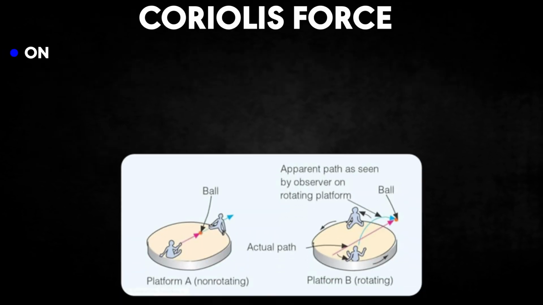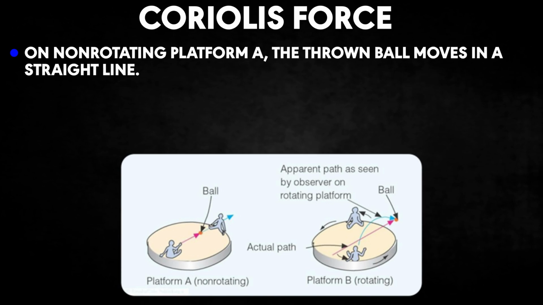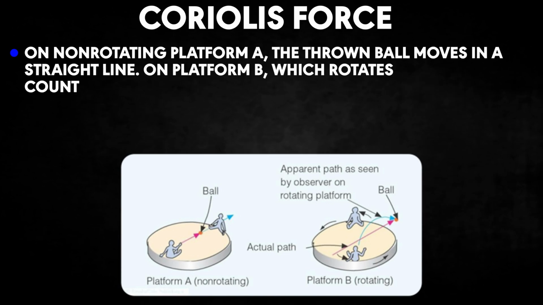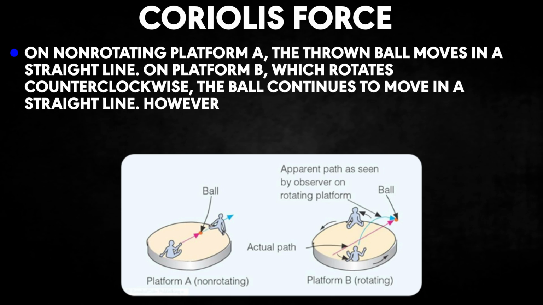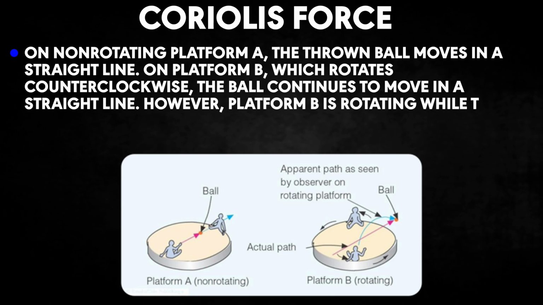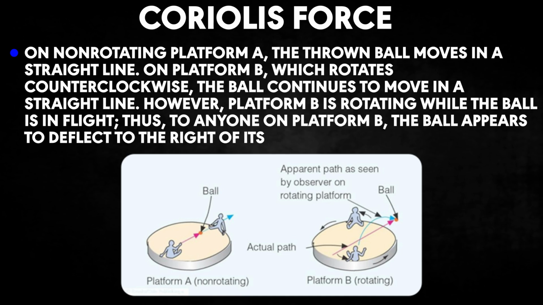Coriolis force on a non-rotating platform. The thrown ball moves in a straight line. On platform B, which rotates counterclockwise, the ball continues to move in a straight line. However, platform B is rotating while the ball is in flight. Thus, to anyone on platform B, the ball appears to deflect to the right of its intended path,